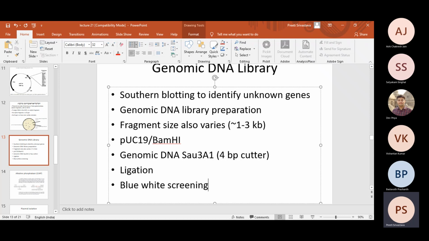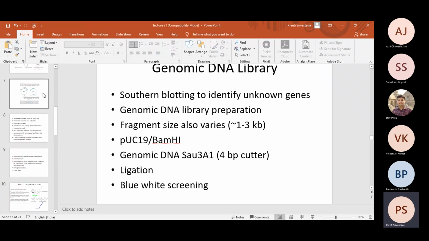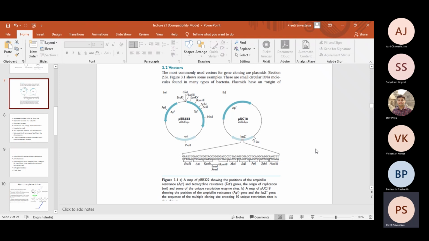So I guess you're going to learn this in detail in the recombinant DNA technology course, and maybe also in the genomics course. So hopefully this application part is clear to you. Are you people there or left? Yes, ma'am. Okay. So then, coming back again to these cloning vectors,